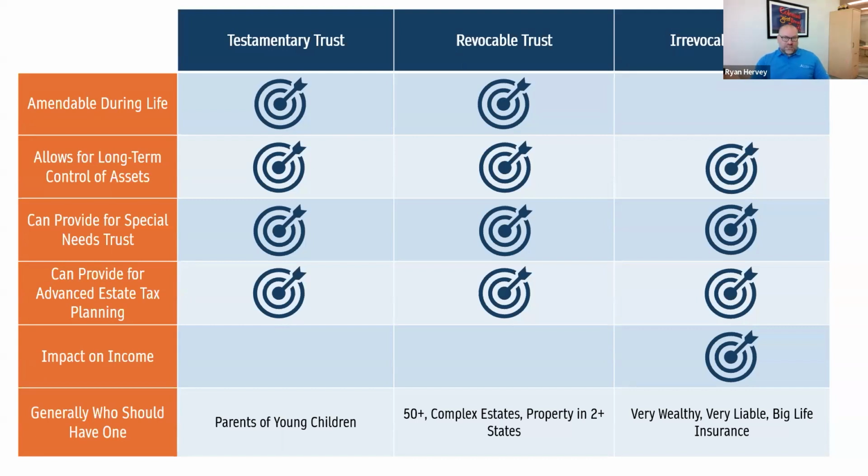That control feature exists in all three types of trusts. So trust can theoretically go on forever and ever and ever. It's the states themselves that limit how long trust can control property. It's very American to not want our property to be held by one family forever and ever and ever. That's part of the reason Americans came to America from England was because of that structure. So most states tend to limit it. There are some states that don't. Those generally get called dynasty trusts in those states.